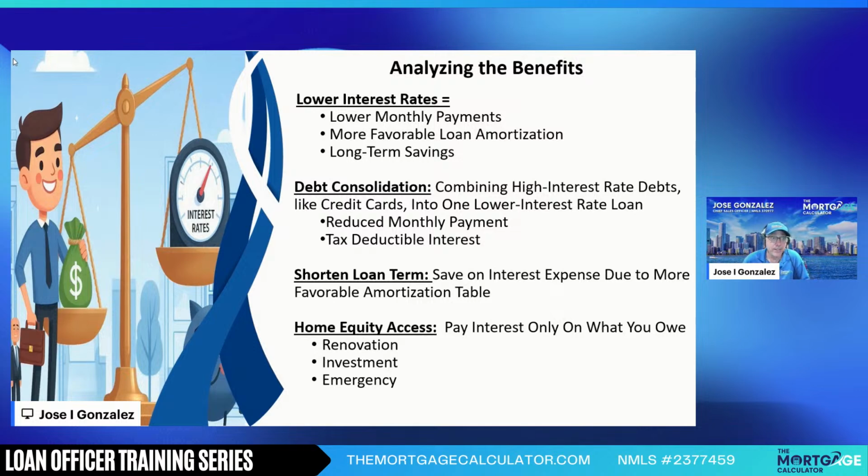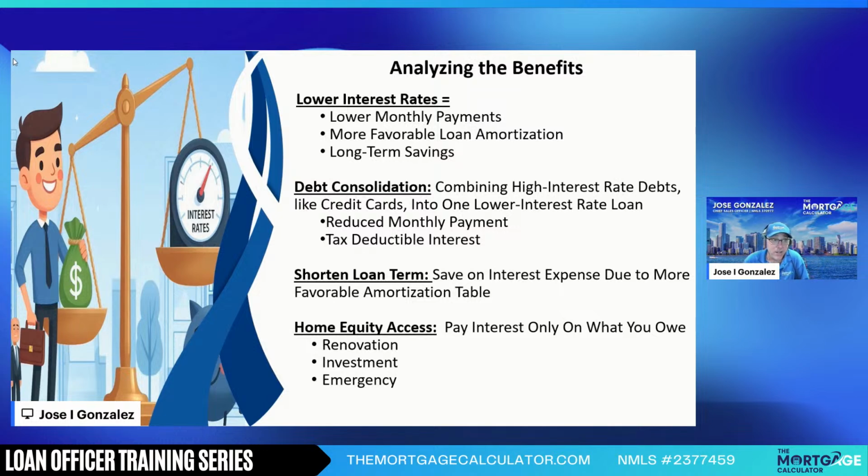When you shorten your loan term, going from 30 years to 15 years, for example, even if the rate is the same, or maybe even a little bit higher, because we do have an inverted yield curve right now, so the shorter terms are actually at a higher interest rate than the longer terms. Keep that in mind. But even then, shortening from 360 payments to 180 payments on an amortization, you're definitely going to save on the interest expense